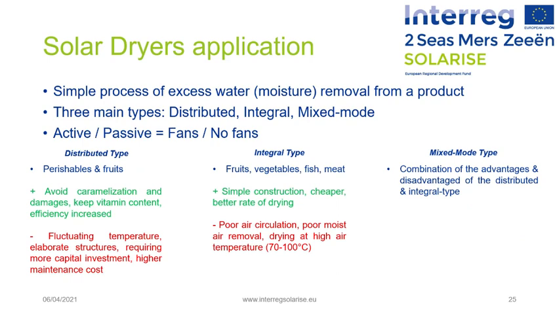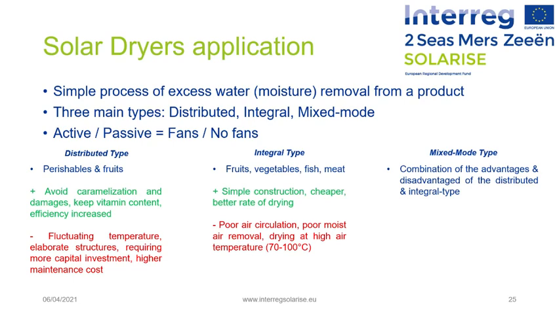The distributed types are mostly used for some perishables and fruits, because the crops do not receive direct sunshine, which avoids caramelization and localized heat damage, and keeps the vitamin content in the dried product. But they have the disadvantage of a fluctuating temperature of the air leaving these solar air collectors, which makes it difficult to maintain constant operating conditions within the drying chamber. They are also relatively elaborate structures requiring more capital investment in equipment, and they have higher running costs for maintenance